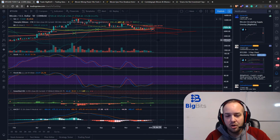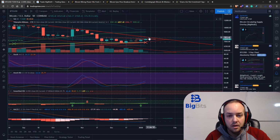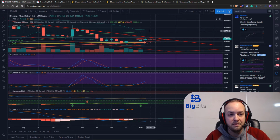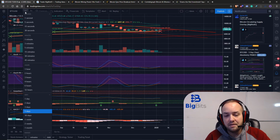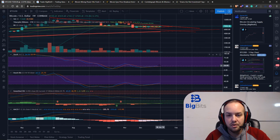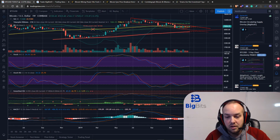There's just a whole lot of points that need to be overcome to be able to actually break out. If you're wanting a very long-term trend change, then we probably need to get back above the 50 on the 5-day. And the reason I'm using the 5-day is because it's just slightly quicker than the weekly. The weekly chart actually looks pretty similar, although it's going to need a better green candle to continue the upward momentum on the stochastic. Other than that, it looks pretty similar. The smooth RSI hasn't started moving up yet, and there isn't a forecasted crossover on the MACD. Other than that, it looks really good,